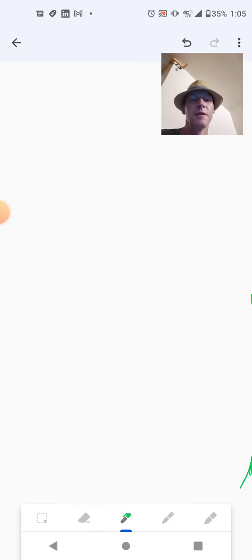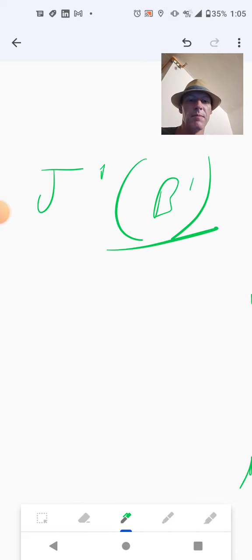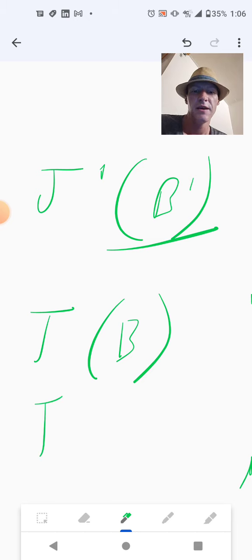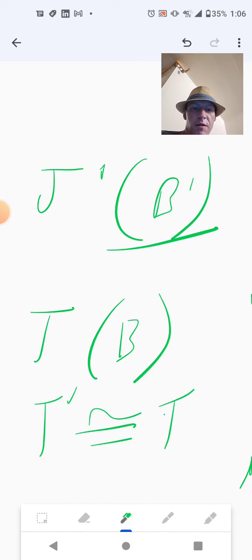All right. So T prime, B prime. Let's say you have B prime. You obviously have T and you have B already. We're taking this as given, which is crazy. You have T and B, and you say, so what T prime is equivalent to T for B, for B prime.